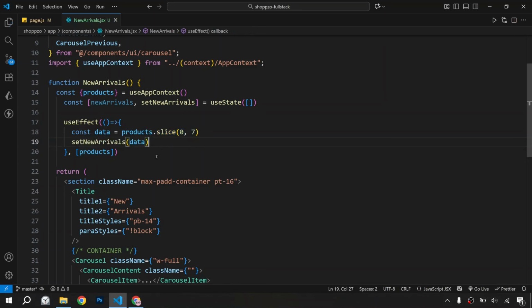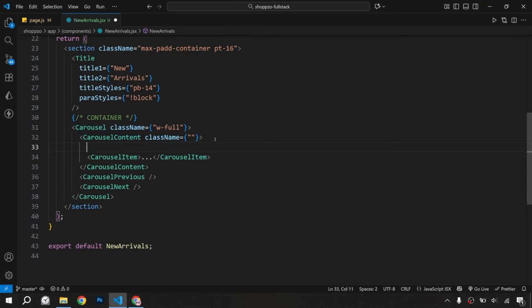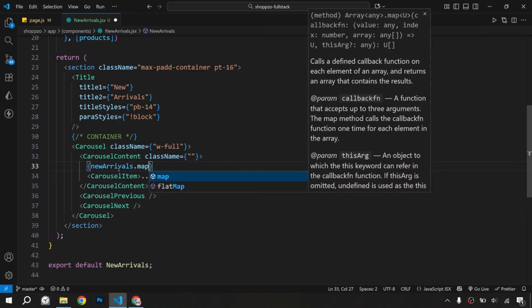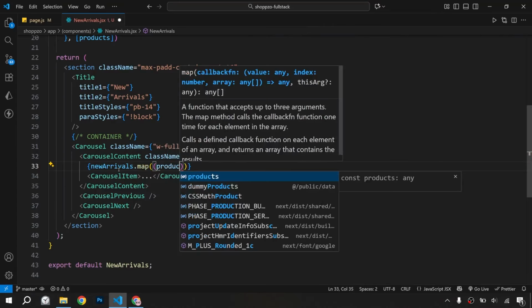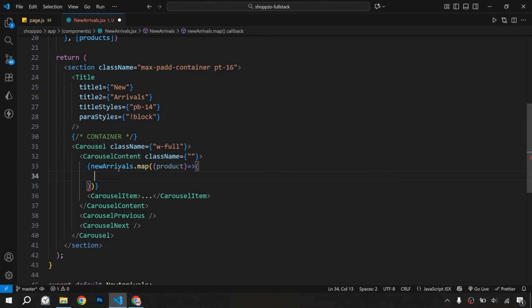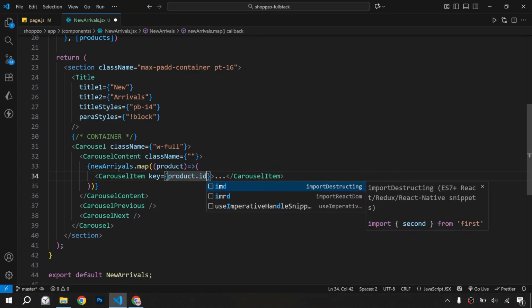So we will save this and here inside the carousel content we will map through these new variables products. Okay, so inside the carousel content we will write new variables dot map product. Here we will write carousel item. We will move it to the top and here we will write key would be product dot id,